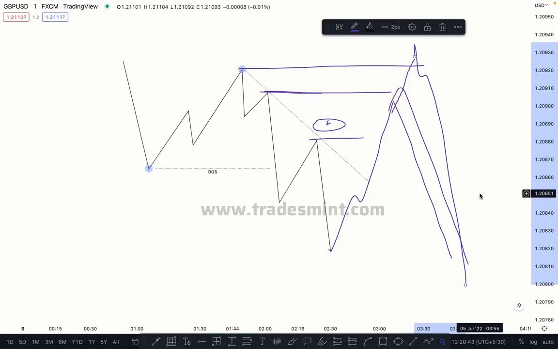This is very important and necessary to know: where is the liquidity and how can we take a trade. You have to wait for the liquidity sweep, then you can take a trade. Then there is a very high chance your trade goes in your direction, as per your plan. First mark the correct structure, then identify where the liquidity is, wait for the liquidity sweep, and then look for a setup to buy or sell. Then you will get a high quality setup.